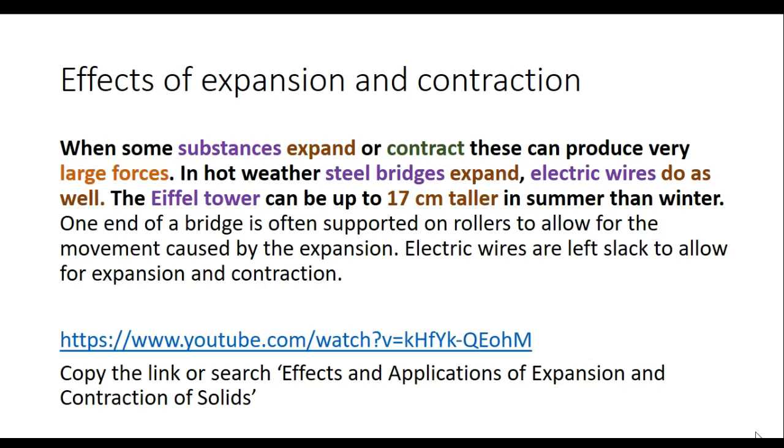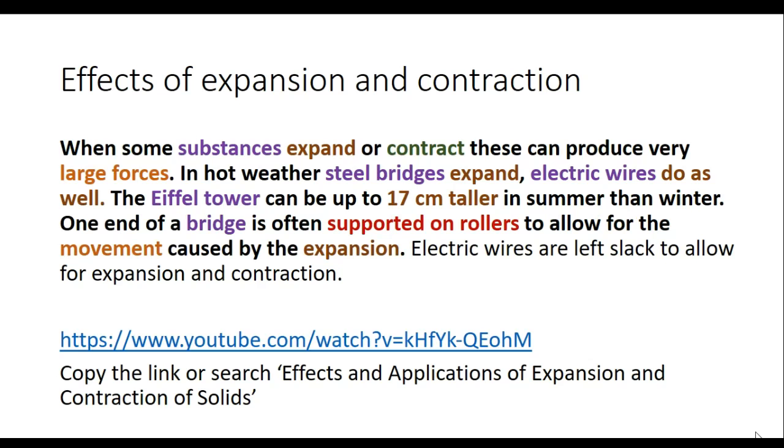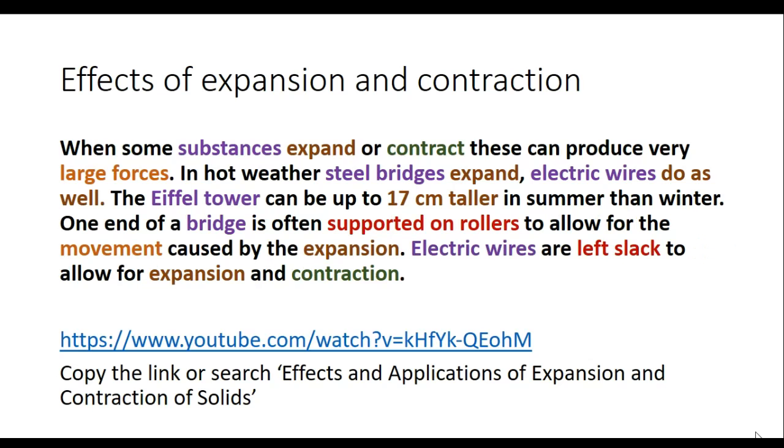Actions can be taken then as a precaution in terms of a substance expanding or contracting. So for example, one end of a bridge is often supported by rollers to allow for the movement caused by expansion. Another example is electric wires are slack. This means that they are not tight, they have a bit of flexibility to them to allow for